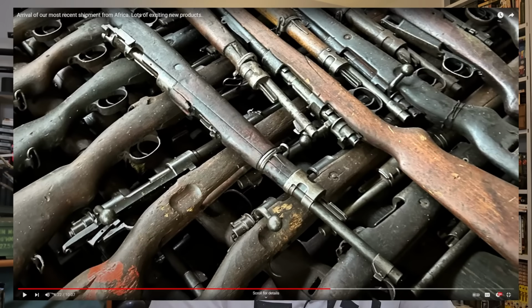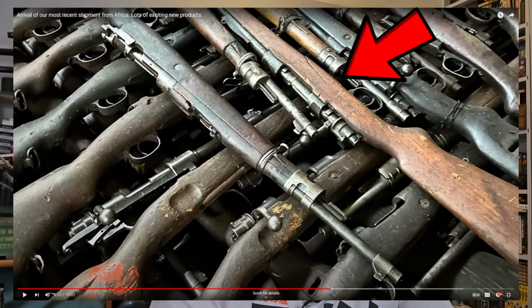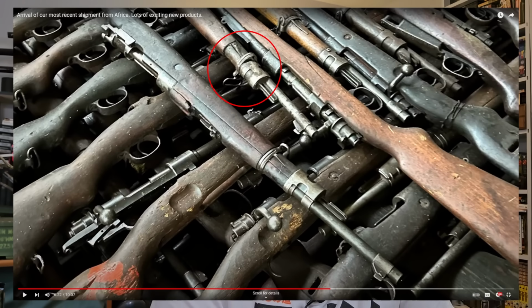Pile of Mausers here. Now the condition on this batch doesn't look that great. I mean, right here we can see one with the stock that's broken in a couple places. We got loose or missing barrel bands on a few of these. This receiver is completely separated from the stock, and a lot of these rifles do have stock damage, dings, nicks,